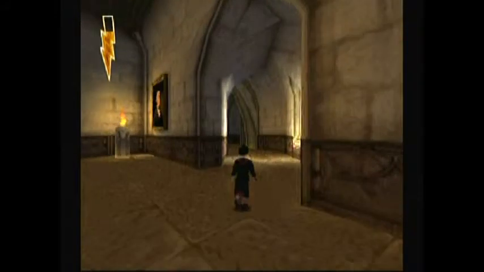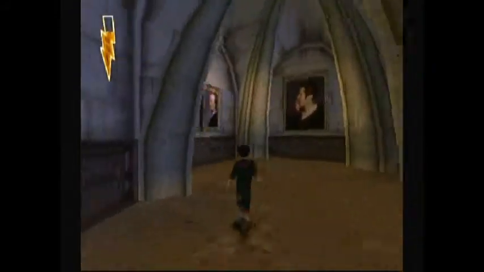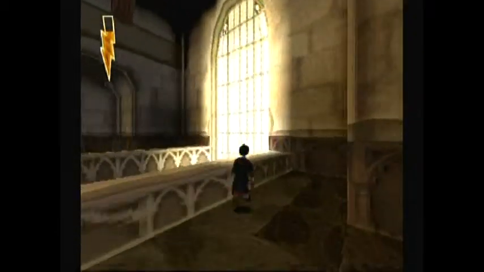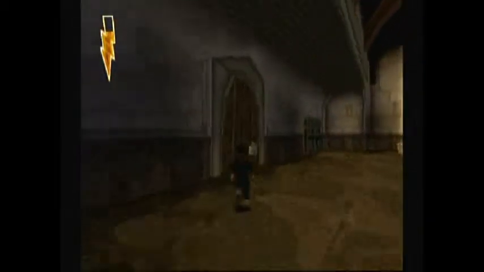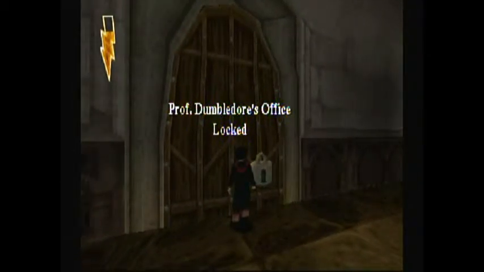So what we do is go around here, and then you go through this door to Professor Dumbledore's office. So let me just go around, or we can go across. Over here is Dumbledore's office. We won't be going there. It's locked. Well, we will go there once on a